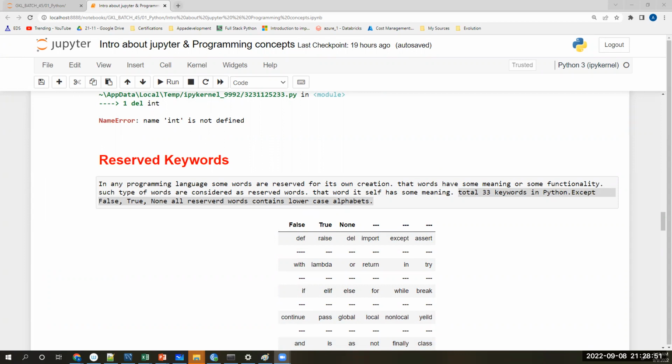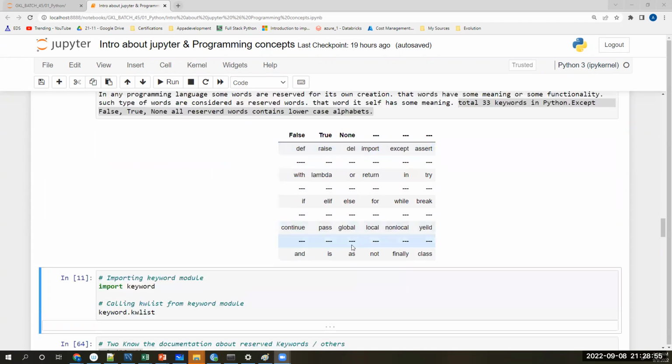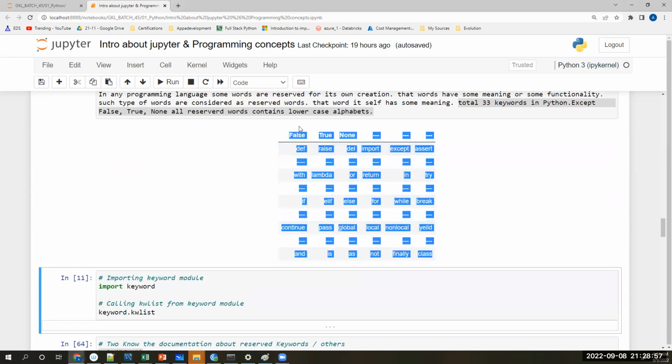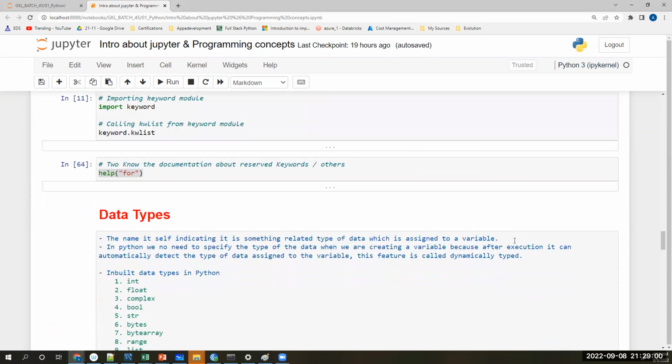Now you're able to see? Yes. No, you need to remember all these 33 keywords. Okay. And the next thing is